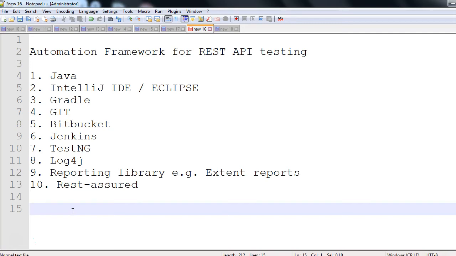So I'll start assuming that you have installation of all these things, and let's see what all you should have. You can easily install Java if you like. If you just Google how to download and install Java, you will see a bunch of results.